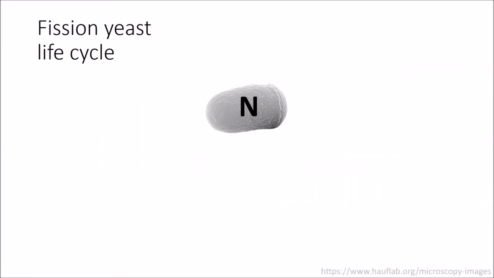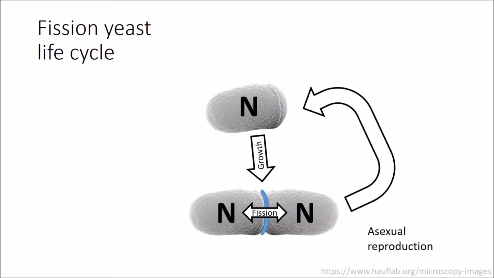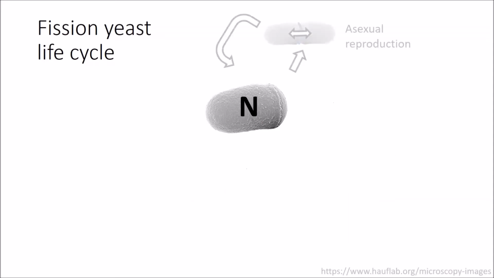So the fission yeast life cycle. The reason why we work with fission yeast and not with budding yeast is because fission yeast is predominantly haploid. So we have a haploid cell. The cell can grow by, well, as the name says it, fission. So this happens especially under rich environments. We end up with two cells, and these cells can keep growing till at some moment they run out of nutrients. We can also induce mating,